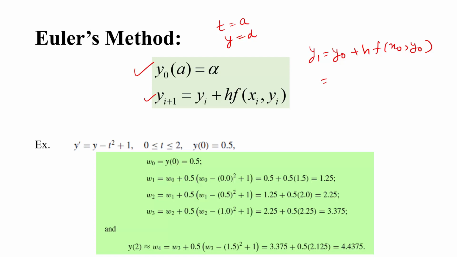This is nothing but y0 is alpha, h the step distance, and f(x0, y0) is the slope at x0. So you can find out y1, then y2, then y3, and so on.